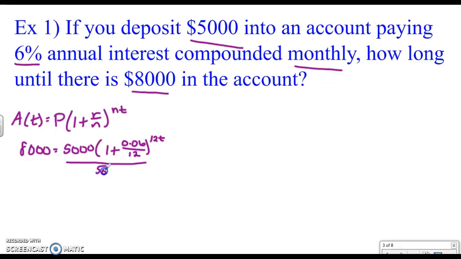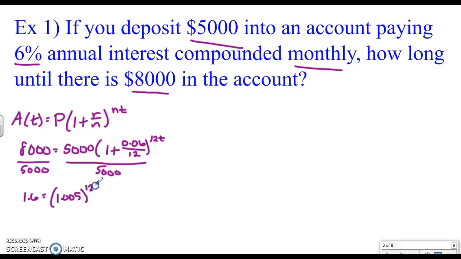So I'm going to start by dividing by 5,000 on both sides. So 8,000 divided by 5,000 gives me 1.6. I'm also going to simplify this on the inside, so I'm going to do 0.06 divided by 12, and then add 1. So I get 1.005